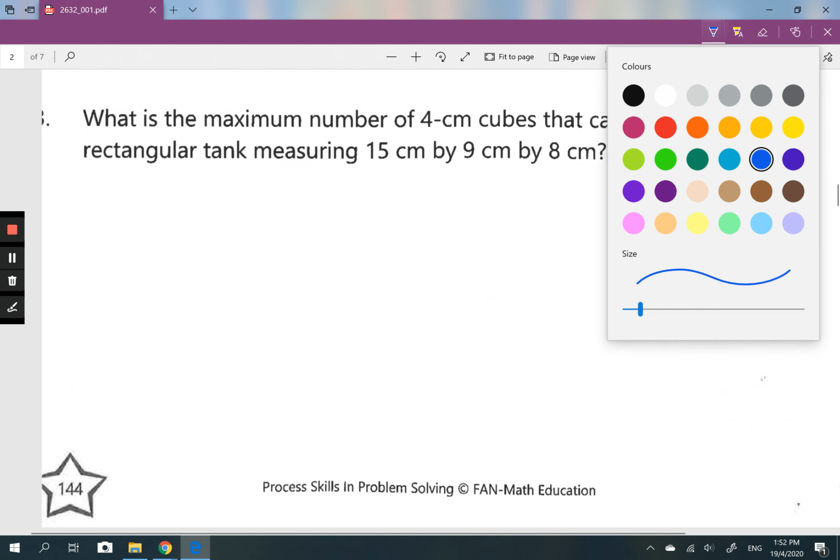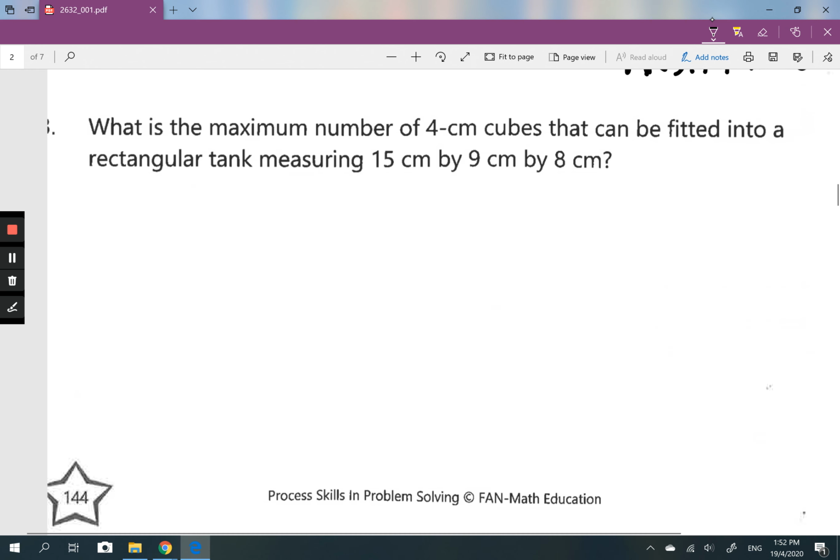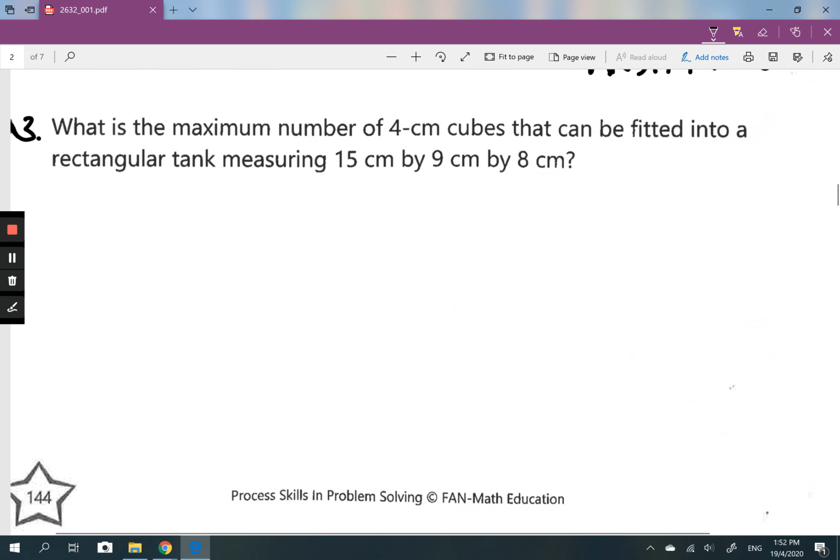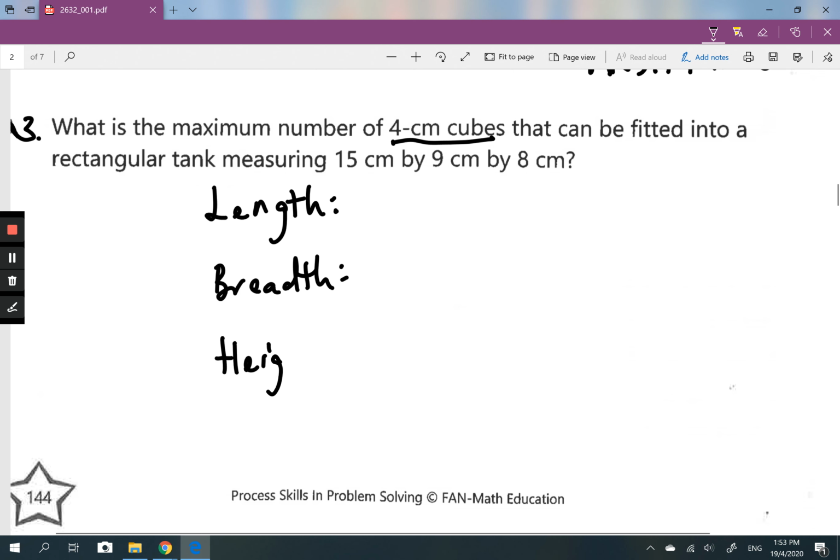With the example of example 2, let us now look at question number 3. All right, question number 3 is in a similar style. What is the maximum number of 4 centimeter cubes that can be fitted into a rectangular tank measuring 15 cm by 9 cm by 8 cm? So previously we split up to find the number of cubes that can be found at the length,